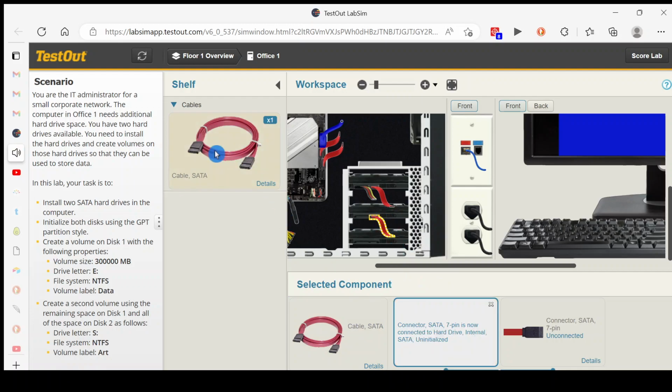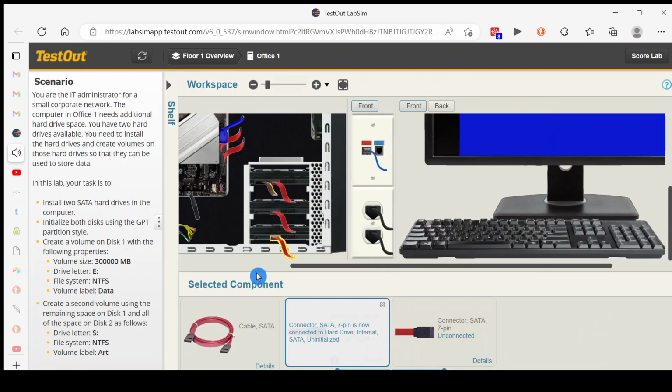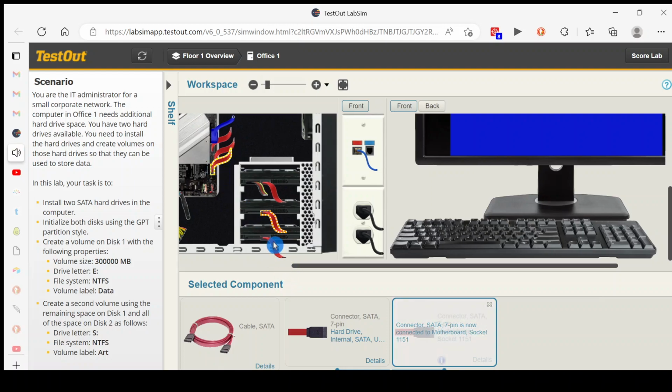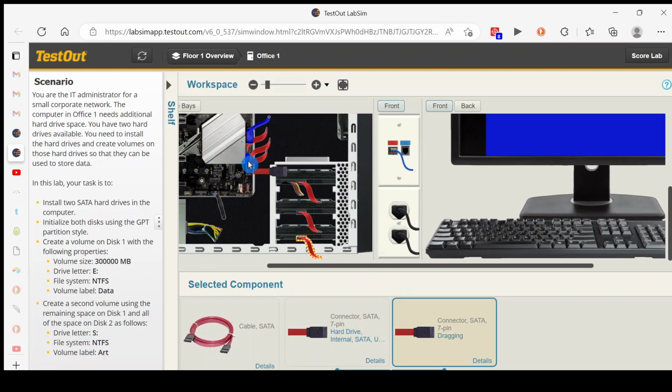Drag there. Select another cable. Drag that. And release when we get the blue rectangle. This cable, we'll take the unconnected end and we'll put it here to connect that hard drive to the motherboard, and we'll select this cable, we'll grab the unconnected connector and we'll connect that there to connect that to the